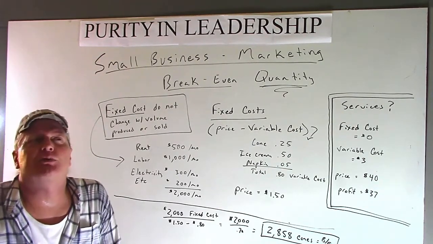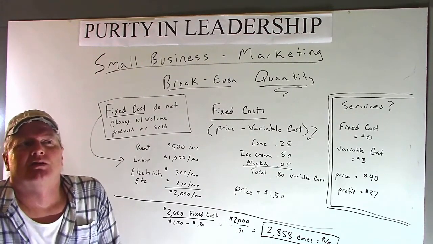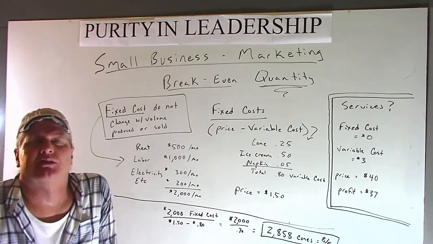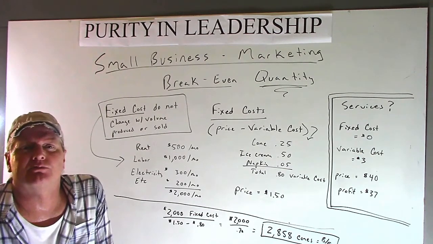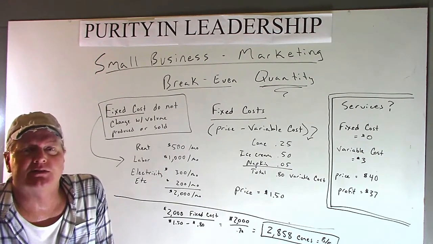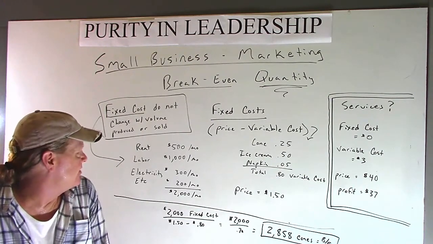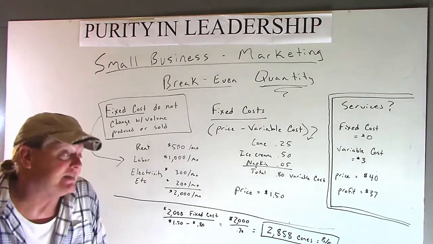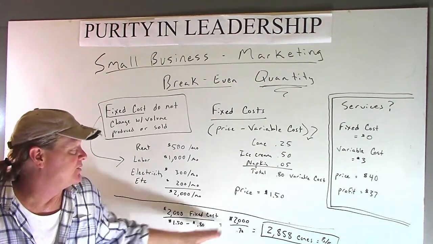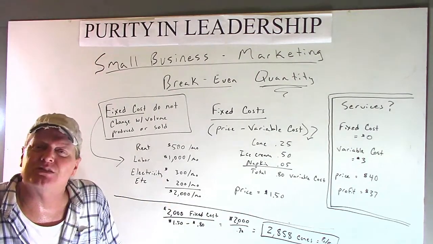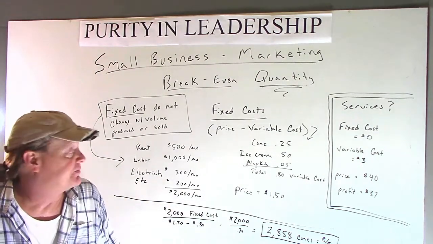Man, I'm going to open an ice cream shop. My rent's $500. That's pretty low. My labor's $1,000 a month. Maybe they're part-time. And man, that's not so bad. And then electricity's $300 a month. That should be easy. It's only $2,000 a month. That's not many ice cream cones, is it? Oh boy. It's